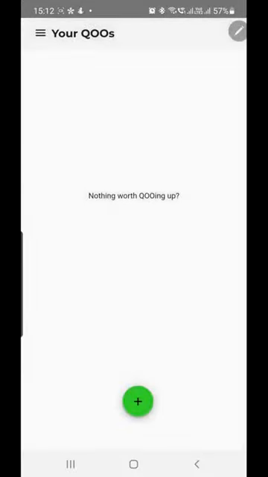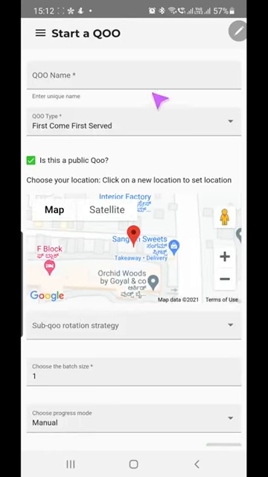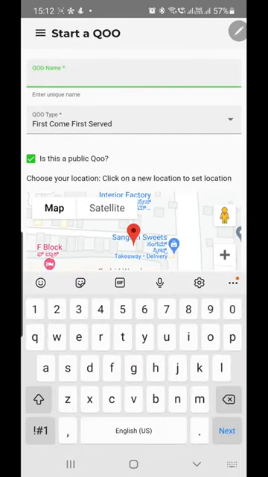So let's go to queues, and when you select queues, you'll see a blank screen here. There's a list of your queues. Press on the green button, and then it will take you to a form which you need to fill up. You need to choose a name for your vaccination drive. So we are calling it general here. You can give it whatever you want. Ideally, keep it unique, identifiable, because people can search for it.